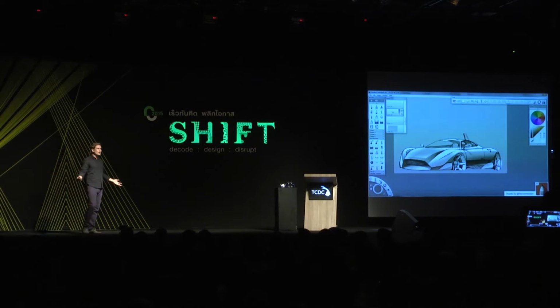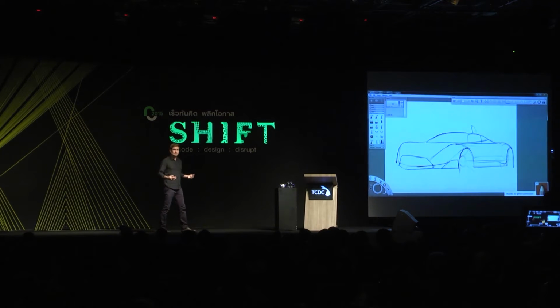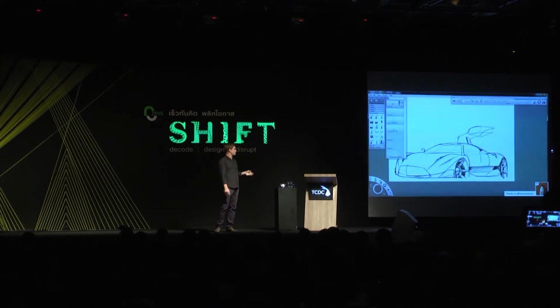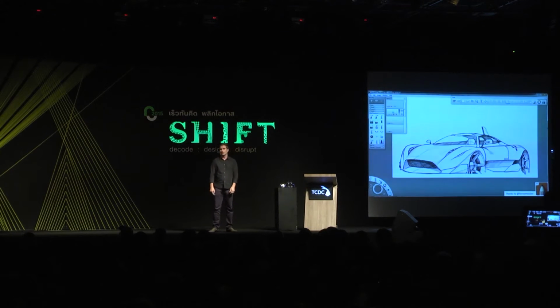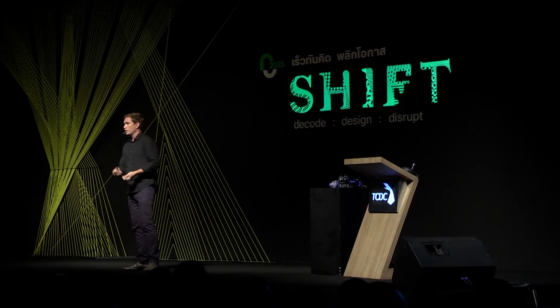Look, sketching doesn't go away. We love sketching because it's easy. It's low overhead, right? Some of us have migrated now to designing on a digital sketch pad. This is using a sketchbook. But regardless if you're sketching digitally or on paper,